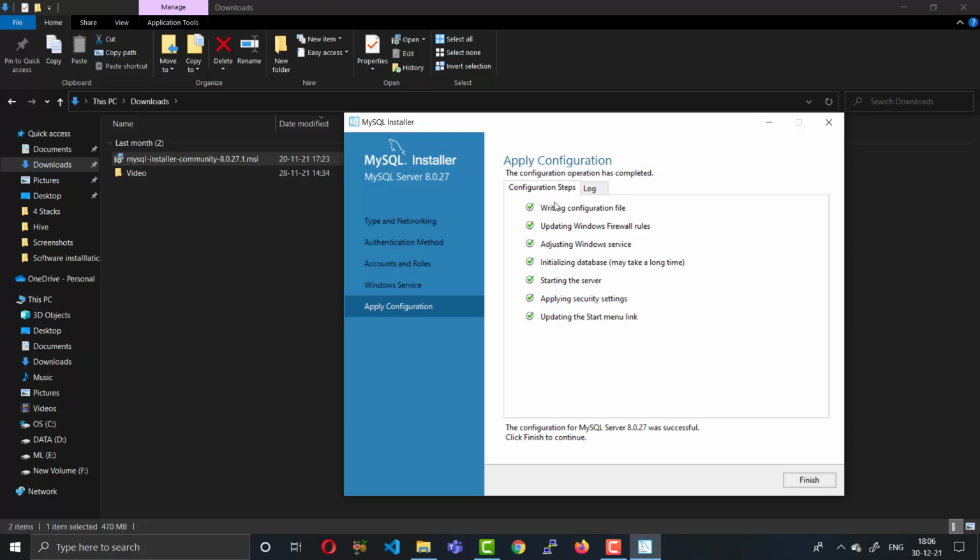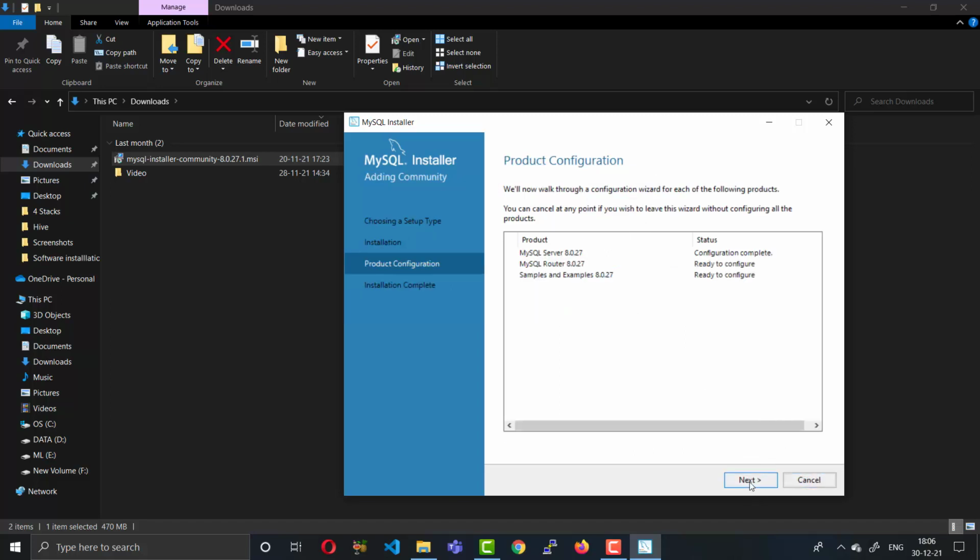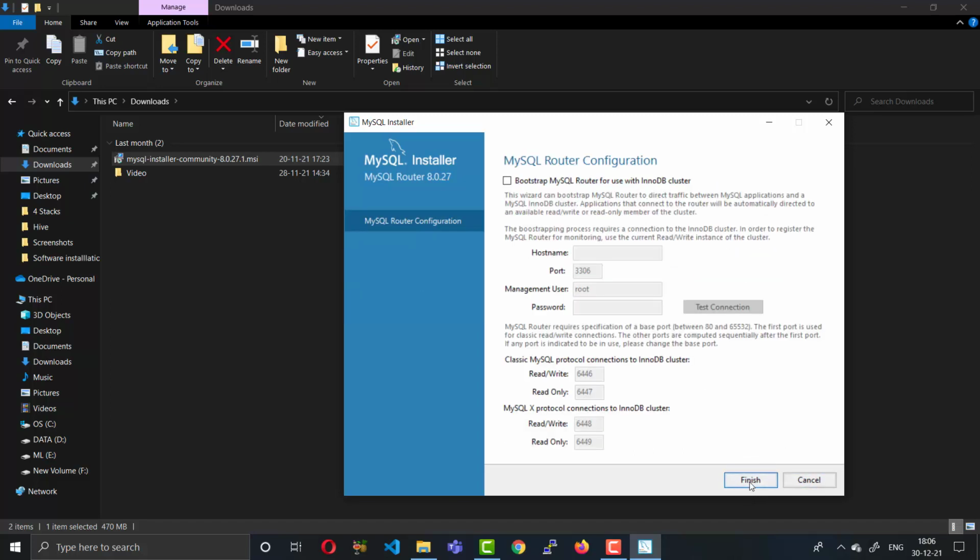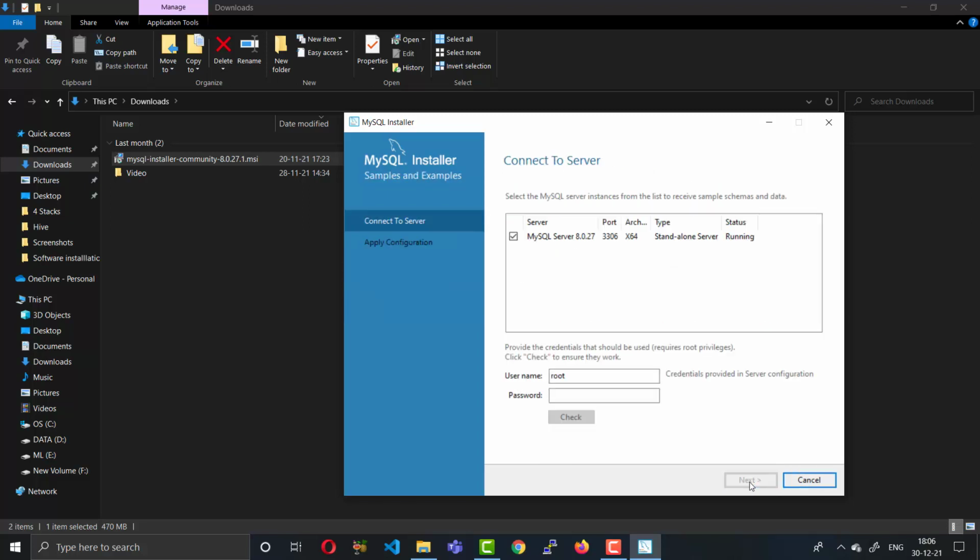Okay, now the configuration step is successfully installed. Click on the Finish button, and click Next, Finish, Next. Now you have to set the password. Enter 1 2 3 4 5.